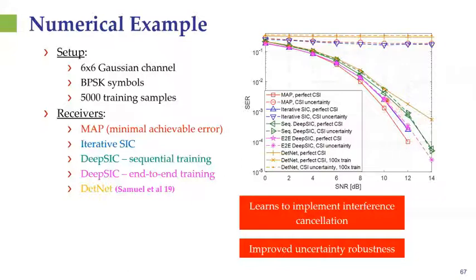For comparison, our algorithm, DeepSIC, both with end-to-end training and with sequential training, achieves roughly the same performance as it does with accurate training, implying that by implementing the algorithm in a data-driven fashion, we're not only able to operate without prior model knowledge, we're also improving the robustness to uncertainty. Now, again, I invite you to join our presentation of this work later on this week, in which I will also show how it operates in much larger scale channels and for nonlinear channels.